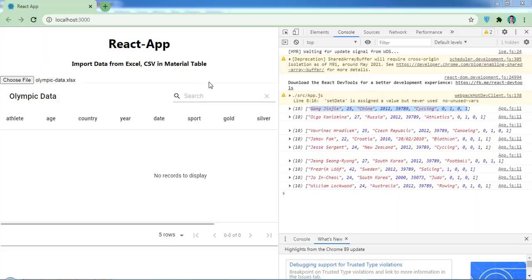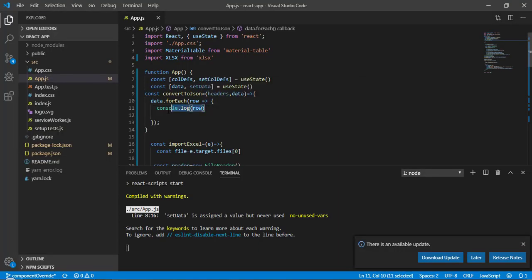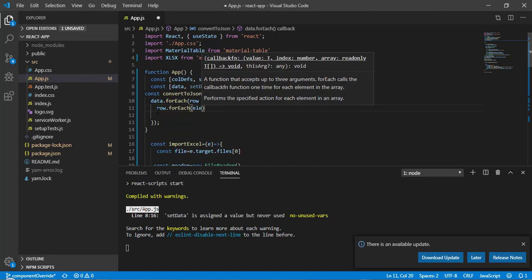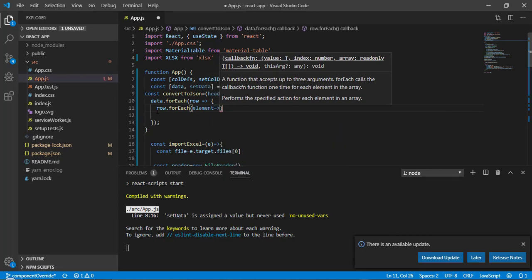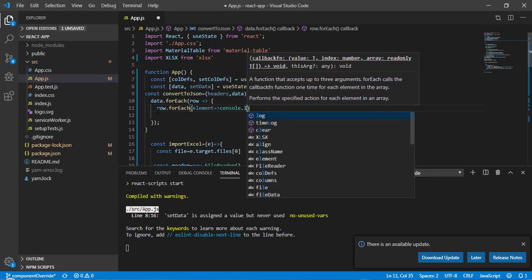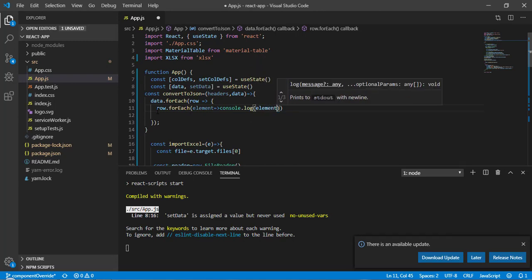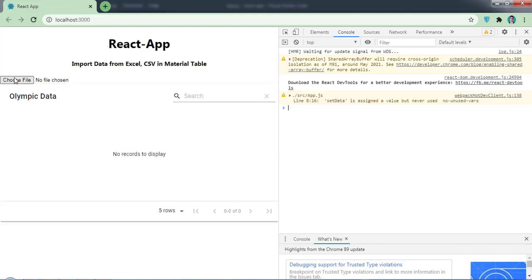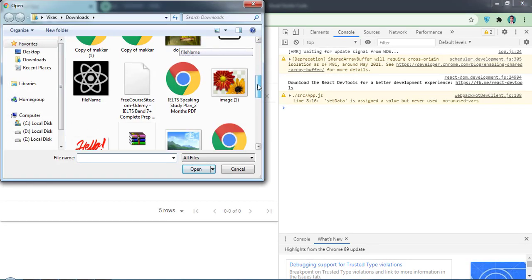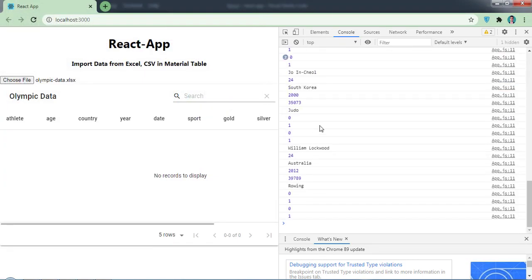So I will loop through this row as well. I will write row dot forEach, and this is going to give me an element. I will call it element only, and do console.log of element. Now save it and let me select a file. As you can see, we are getting values one by one.